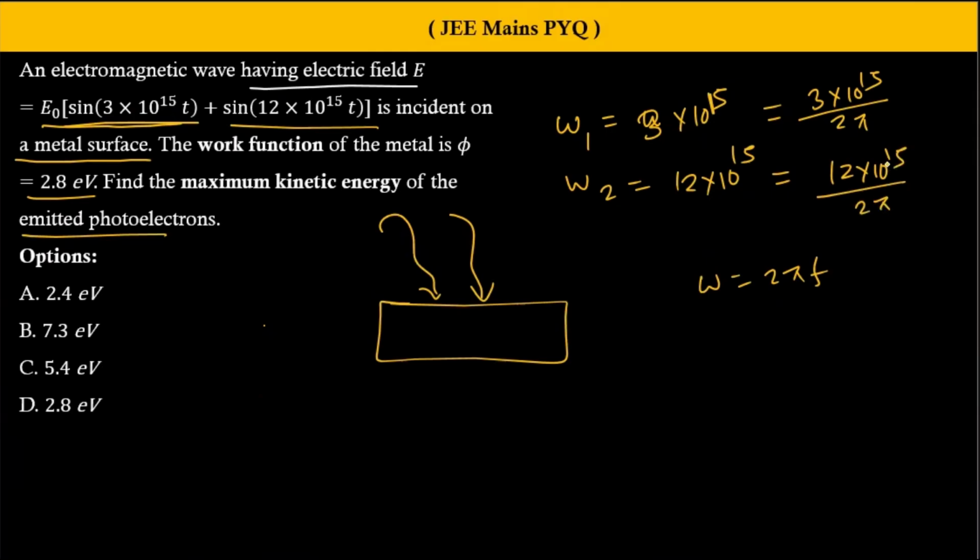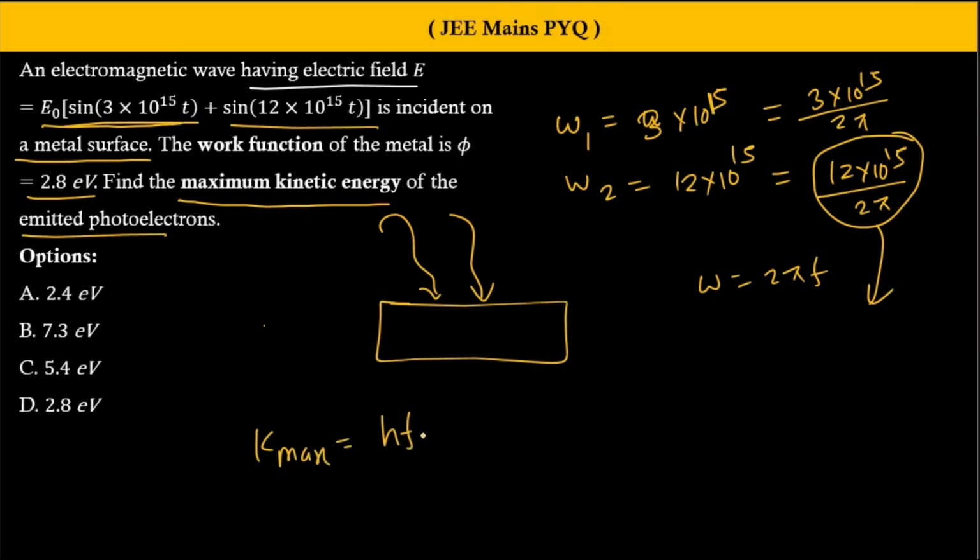by 2 pi. अब देखो हायर फ्रीक्वेंसी this one है और हायर फ्रीक्वेंसी के लिए मोर एनर्जेटिक इलेक्ट्रॉन्स बाहर आएंगे. सो मैक्सिमम काइनेटिक एनर्जी के लिए we will be dealing with this ray. ओके. And मैक्सिमम काइनेटिक एनर्जी तुम्हारा क्या होता है? That is basically energy of light falling. सो HF माइनस वर्क फंक्शन. ओके. This can be maximum. सो HF तुम्हारा क्या होगा? H क्या होता है? That is Planck's constant. सो that is 6.6 I guess into 10⁻34 into F, and that is equal to 12 into 10⁻15 divided by